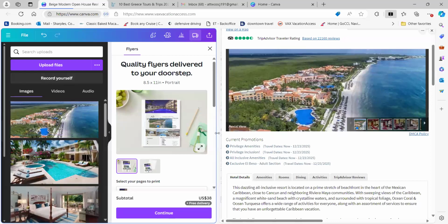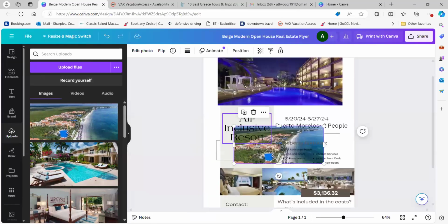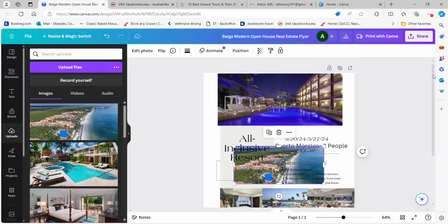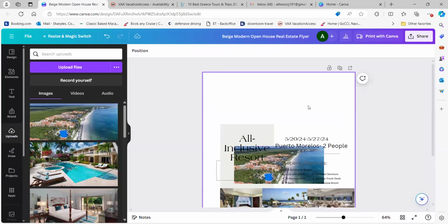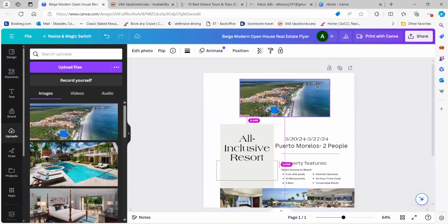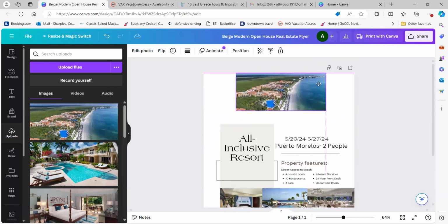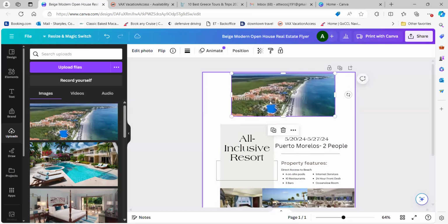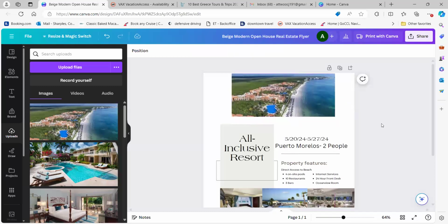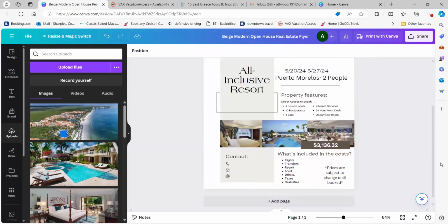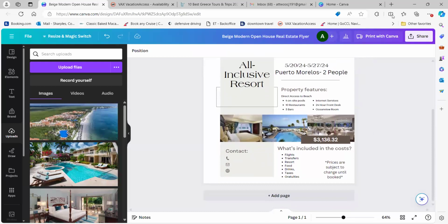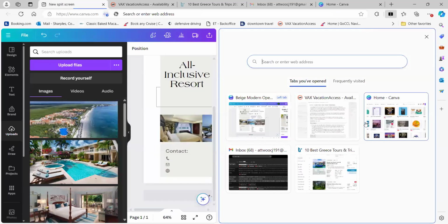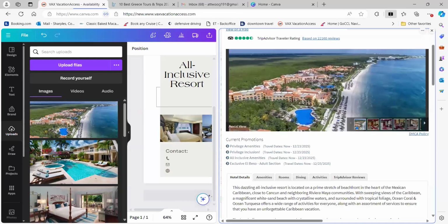Let me take that off for a second. And then I'll scroll up. And that's always what I use for like the top photos. So I'm always putting a picture of the resort so they can see what it looks like. So it depends on the size they're looking. Make that bigger. And then I like to put at least, like I said, 3 to 4 photos on here. You want them to have an idea of what that resort looks like.